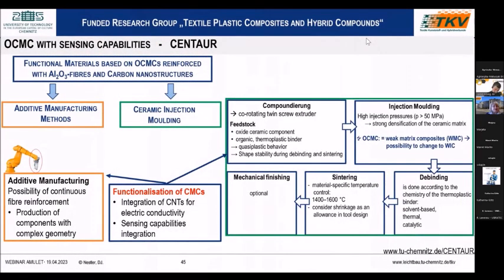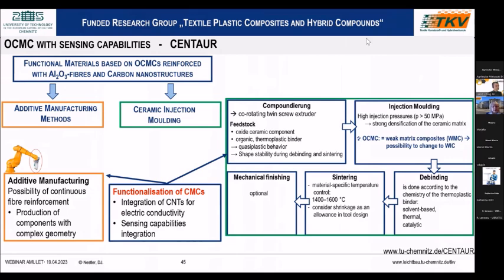So here are some examples. We are transferring the CIM process, meaning the ceramic injection molding process, which has become established for the production of monolithic ceramics, to the production of OCMCs. So we have to adapt the raw material system and also the process parameters. This is not so easy. This is a time of research to come to the best